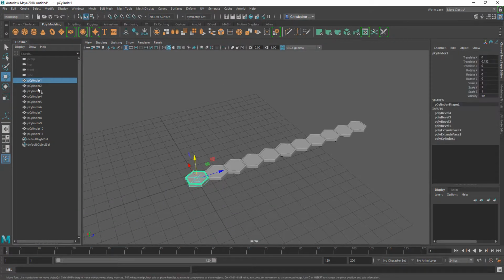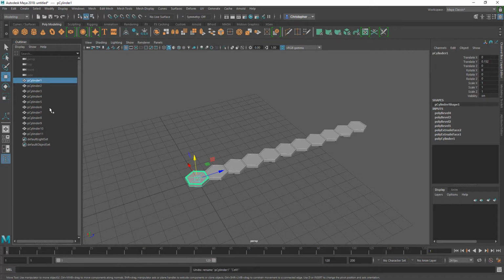And you can see I have all of these named as just P cylinder, polycylinder, 1, 2, 3, 4, and you can rename these, which we were going to cover later, but I guess we'll go ahead and do it now. The P cylinder, if I want to rename this, you just double click and then give it a name,